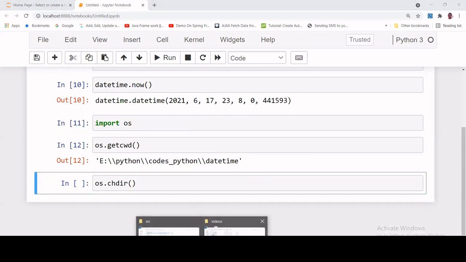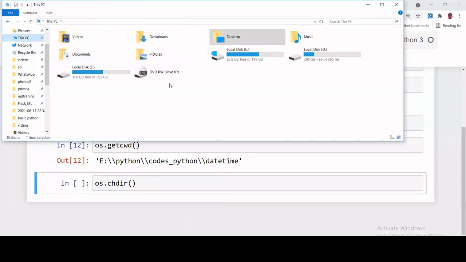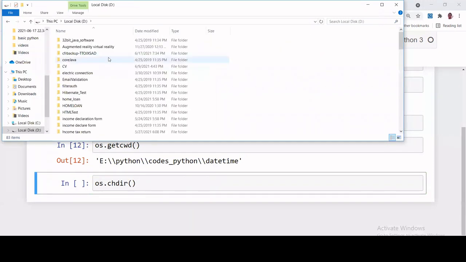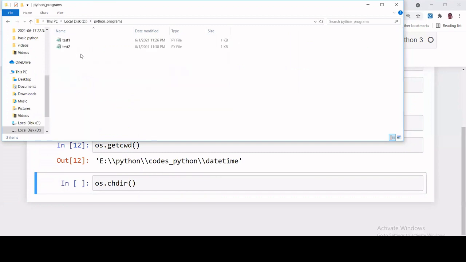Suppose there is a directory, just go to This PC, D. Suppose there is a directory called, for example, this Python programs one. So this is a directory, and inside it programs are there.